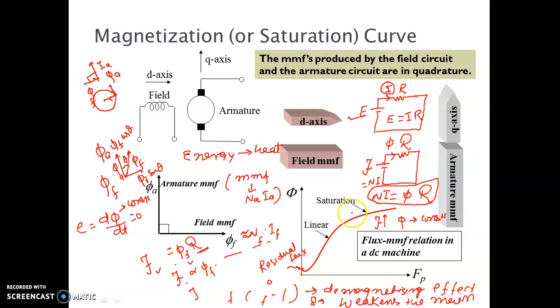In designing a machine, the most effective way is that saturation should not come. If saturation comes, flux will not change, so induced EMF will be 0, and current is continuously increasing. So where will this energy go? I square R heating effect will be there, so the armature winding gets heated and even the insulation may fail. That is why saturation should not occur. Means you are increasing the field flux, so